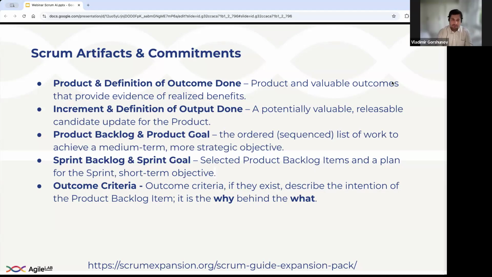So this is different. Our definition of output is more narrow, connected to the end of the sprint, and the definition of outcome is a broader term, connected to the impact that we create by our product that impacts our customer. Also, we're still saying that we have a sprint goal, we have product goals,